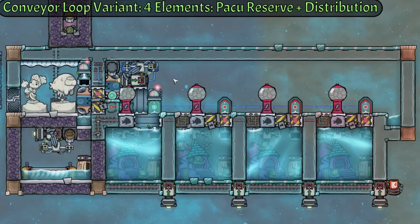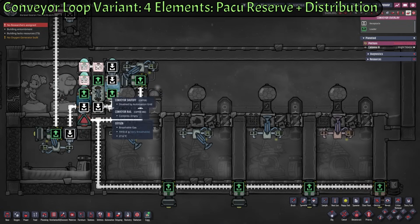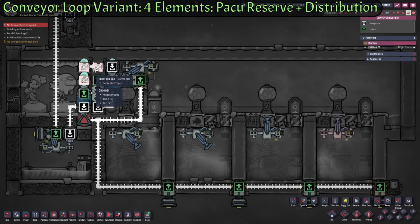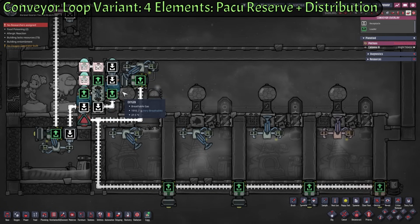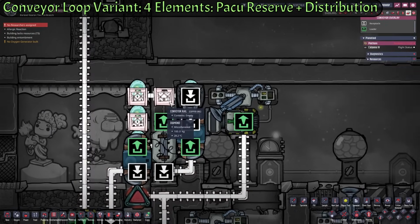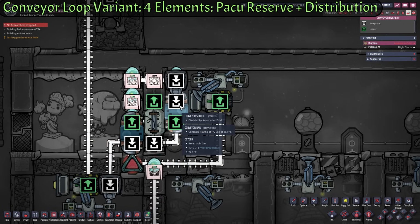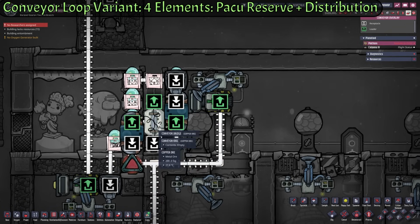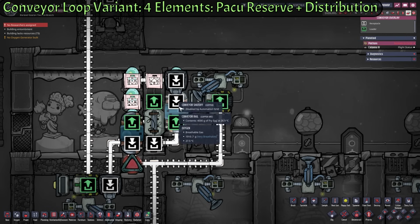Why the conveyor loop, you might ask? Well, if the eggs on the conveyor loop try to hatch, they do not hatch, they will break and drop the raw egg, meaning we will get the raw egg even from the eggs, which is why this system has the least potential of waste. The issue is that if an egg hatches and breaks to a raw egg on the conveyor rail, it will leave behind these freaking little empty caskets here. You cannot get rid of them unless you rotate them through a conveyor shutoff or a conveyor bridge. So if they're stationary, they will stay there forever and pretty much ruin your setup,